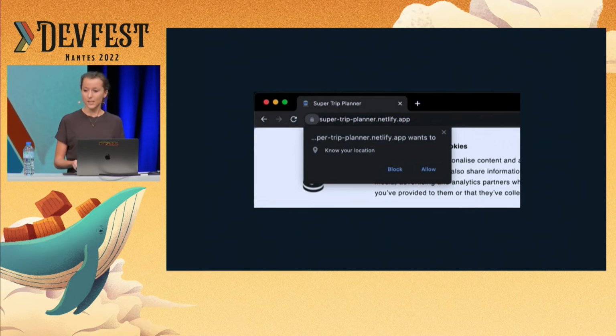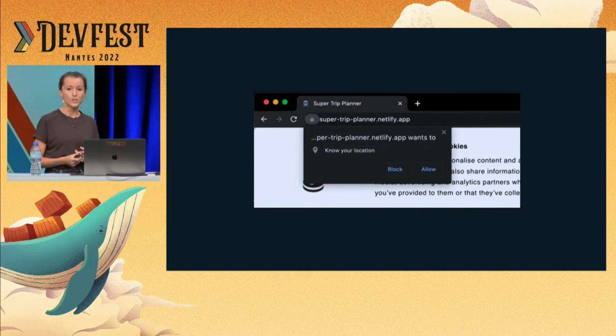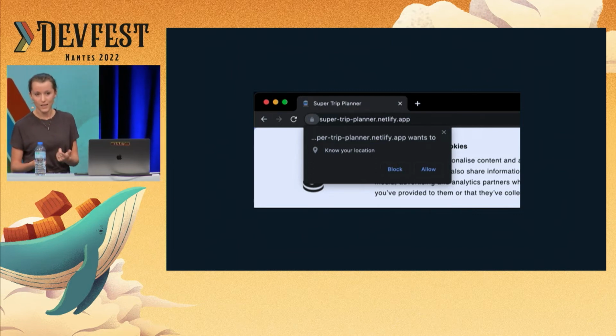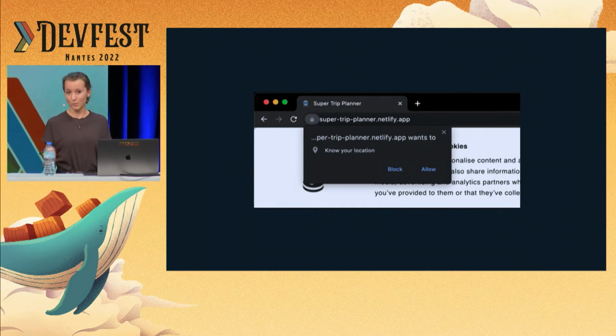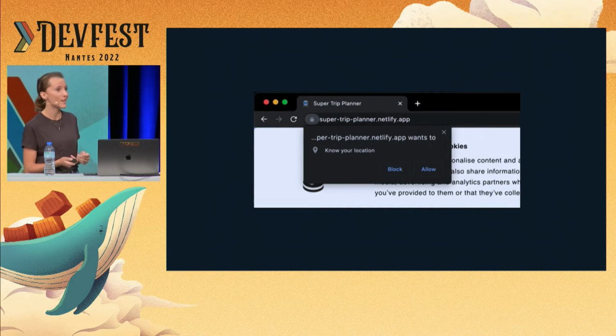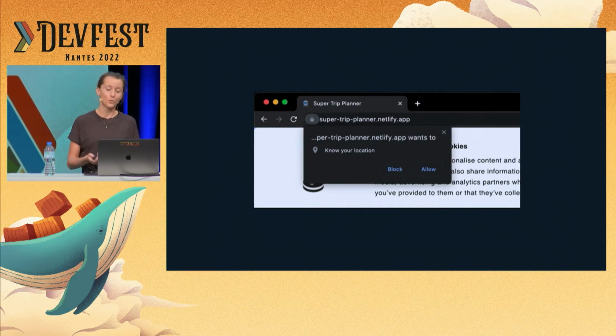So this is exactly what we're doing here, and most likely, this is what's going to happen. First, the user is going to be annoyed, and second, would you grant permissions? Do you grant permission in that case? No, good answer, perfect. I'm glad you didn't say yes. So most users are not going to grant permission here.